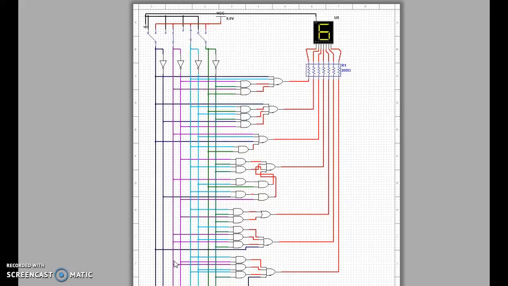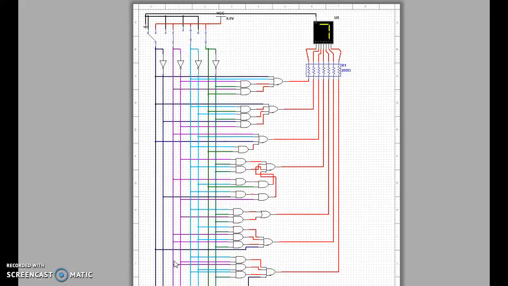where A is on, B is off, C is on, D is on, E is on, F is on, and G is on. Then to create a 7, it is 0, 1, 1, 1,